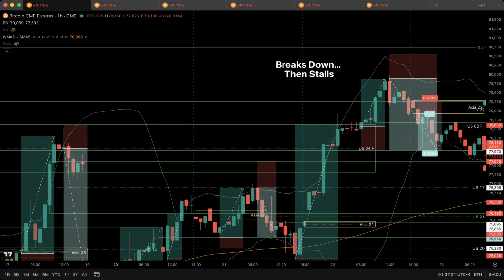It touches. It pauses. It tries to move up. But distance is short. It cannot stay above. This is the signal. Short at April 22nd Asia session lower boundary because price returned to boundary and failed to hold above it. Stop sits above April 22nd Asia session upper boundary because if price moves there, this failure has turned into acceptance. Target sits at February 2nd U.S. session lower boundary because that is where price already broke and where continuation completes.